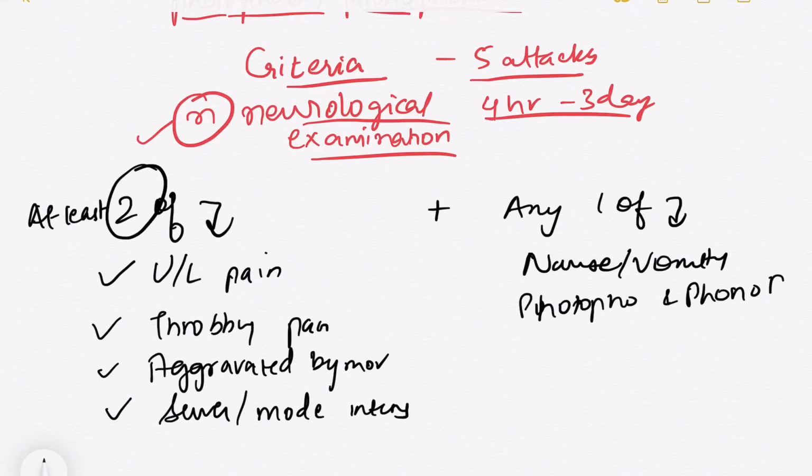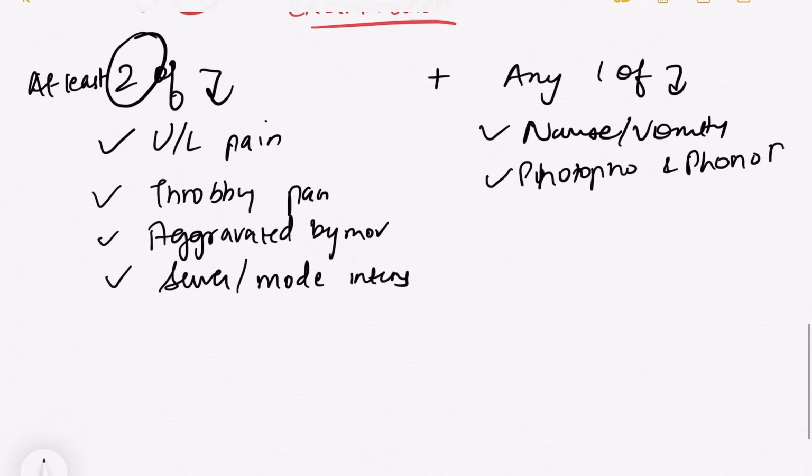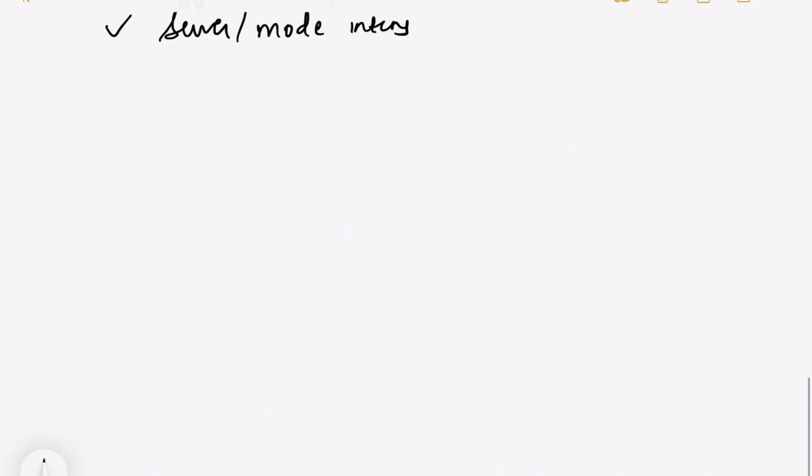Okay, so either nausea, vomiting or photophobia, phonophobia should be present. Okay, so this is the criteria that you need to remember. Okay, now let's talk about the